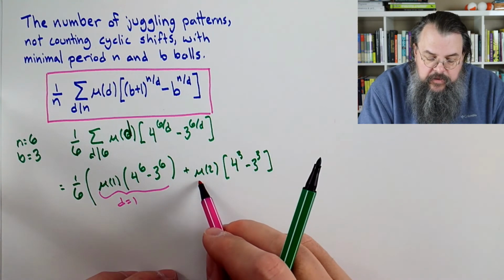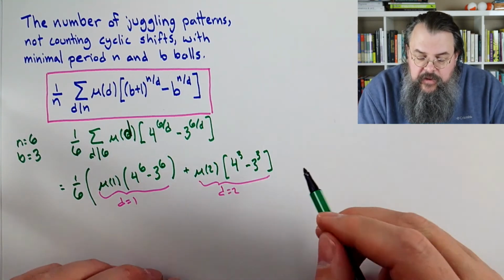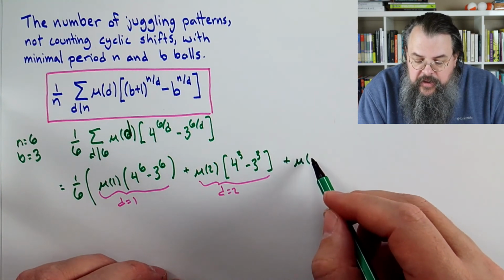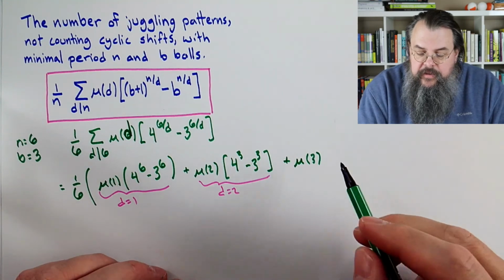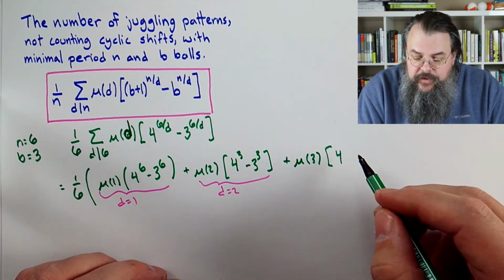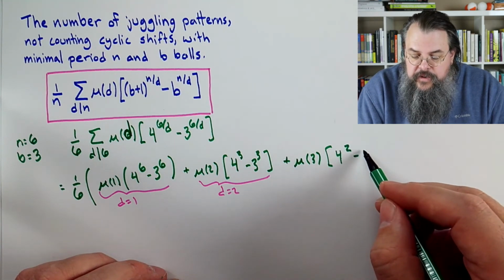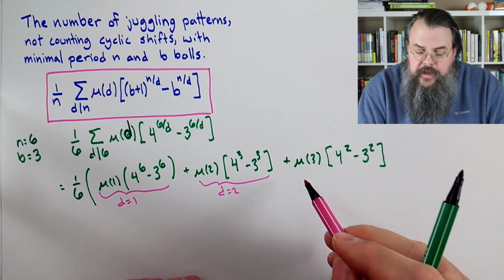So that's d equals 2 plus, take 3, right? 3 divides 6, and then we're going to have 4. 6 over 3 is 2, so 4 squared minus 3 squared. That's going to be